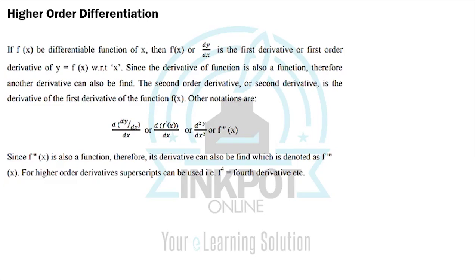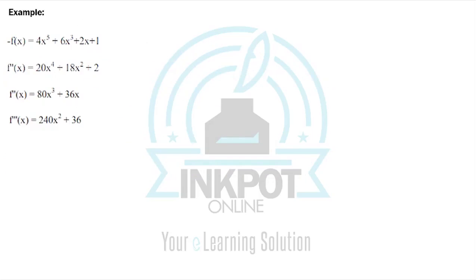Now the second order derivative is f double prime x. If you were to go to the third order or the fourth order, they would be represented by the equivalent number of dashes. So instead of double prime, it will be triple prime, and so on and so forth. To consider an example, if you have f of x given by this particular function, f prime of x, and then f double prime, and then f triple prime are calculated in the following manner. Like I said, the underlying concept is that of differentiation, which is not very difficult,